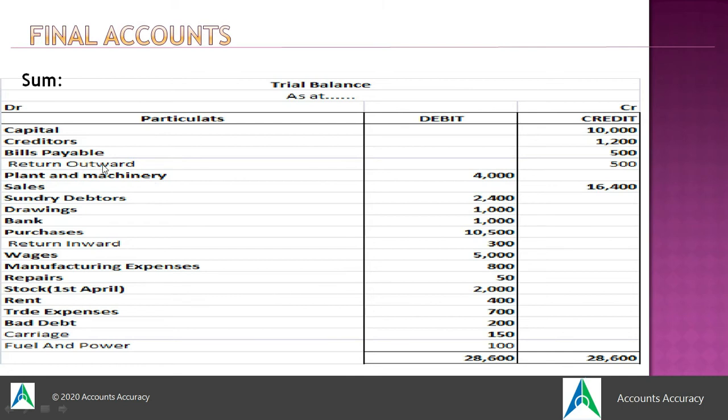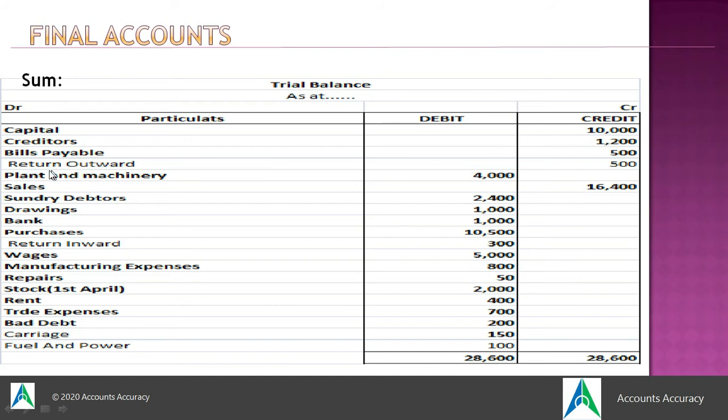Next we have return outward. By outward you have to remember that something is going out of the company. So it is clear that what the company has brought in is now going out. So it is the purchase return, because when it was purchased the raw materials had come in. Now the company may return some of the raw materials back if it is not required or not up to the mark according to the company's desired quality. So that is return outward. Return outward means it's going out.